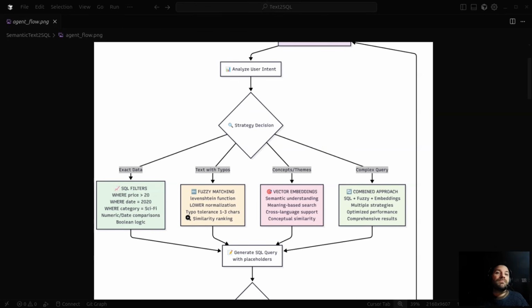What if you misspell something? If you type, for example, Horwell with 2 R's instead of Orwell, a traditional system will fail. That's where fuzzy matching comes in. Using Levenshtein distance algorithms, it can handle typos of 1 to 3 characters, normalize text with case-insensitive matching, and even